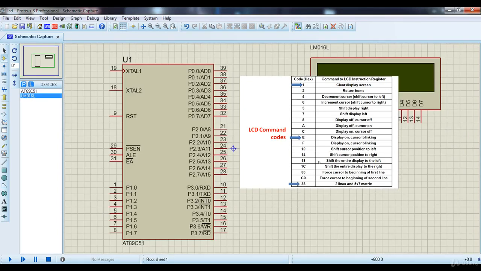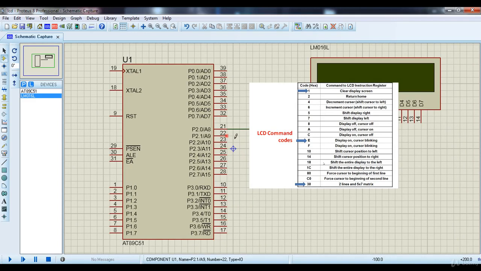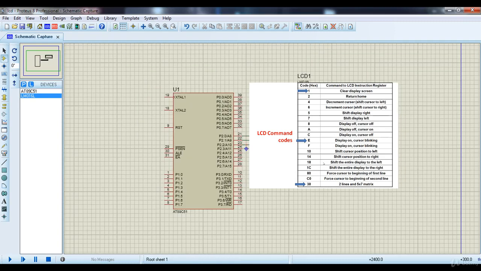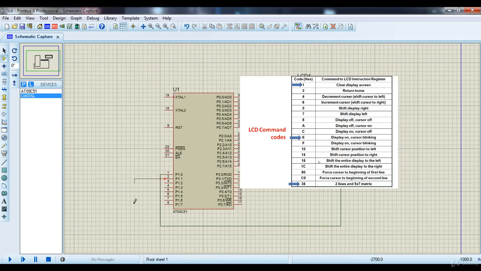Then simply do the connections. RS is connected to port 2.0, RW to 2.1 and enable to 2.2. Similarly, D0 is connected to port 1.0, port 1.1 to D1, like this. Make very quick connections.